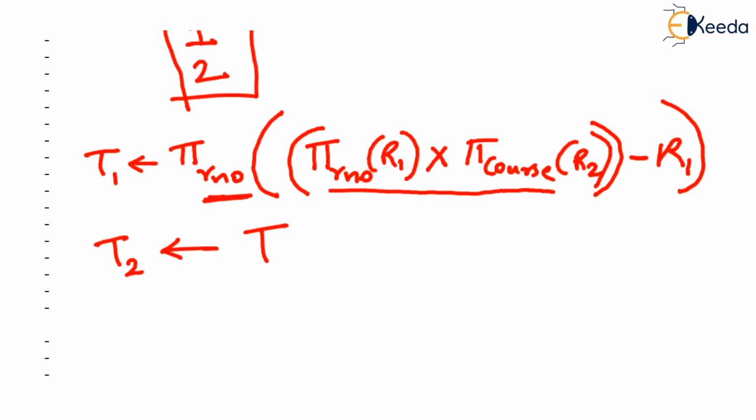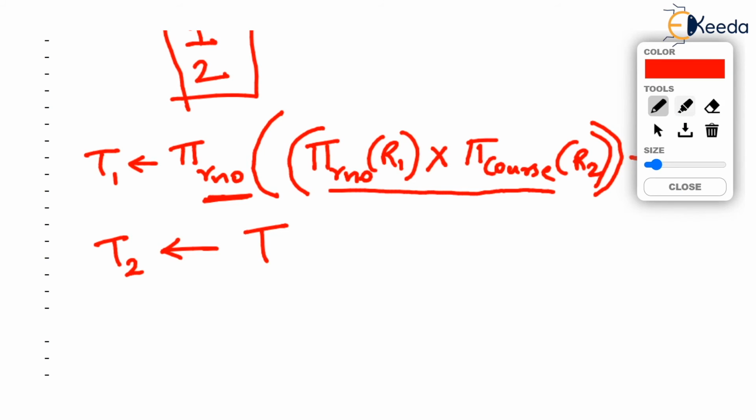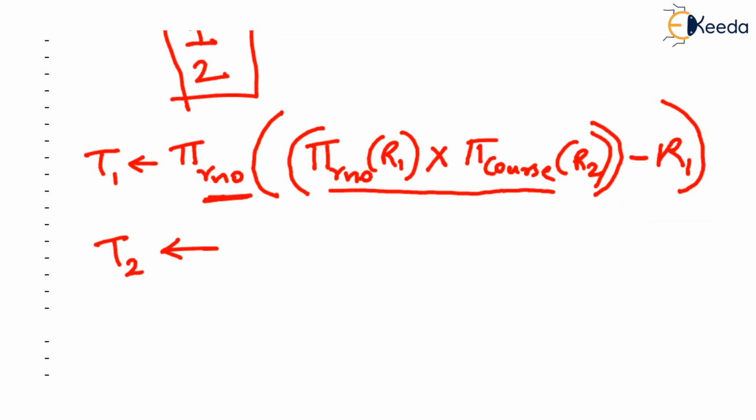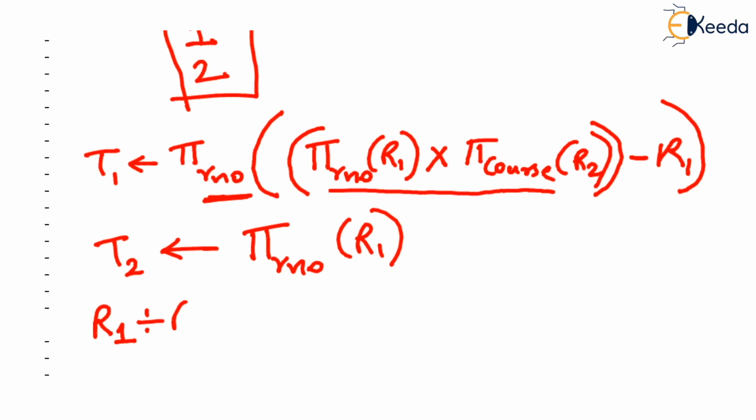What did we do after that? What we did is we took all the roll numbers. From where will we get all the roll numbers? Yes, we will get all the roll numbers from R1. So in our example, all the roll numbers were 1, 2, and 3. And finally, we say we wanted to find R1 divides R2, correct? R1 divides R2 is given by T2 minus T1.